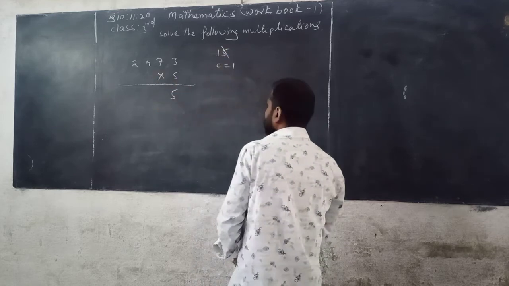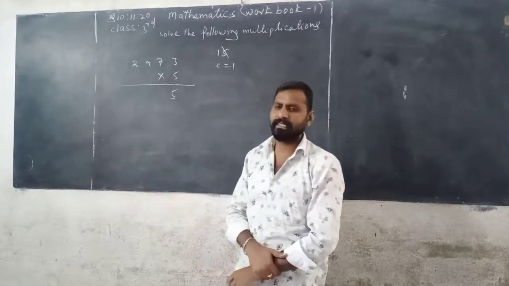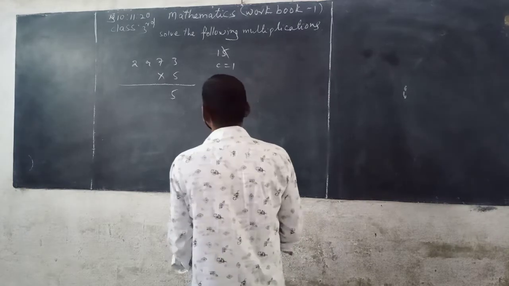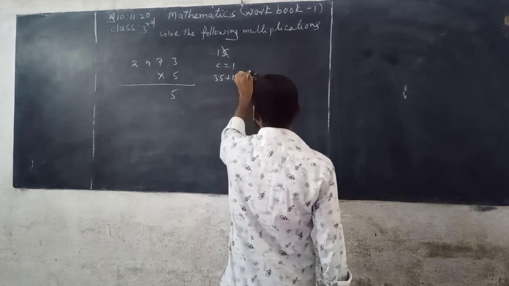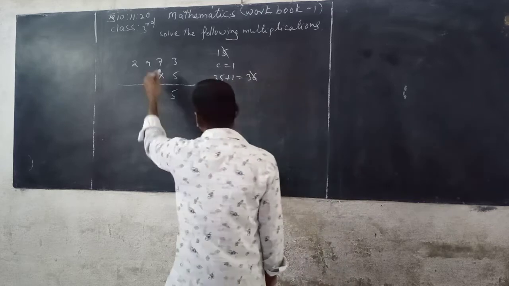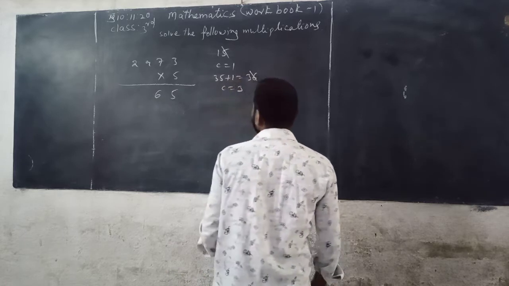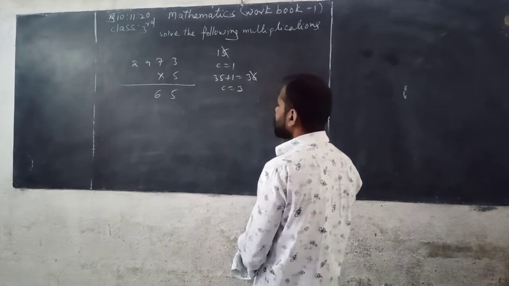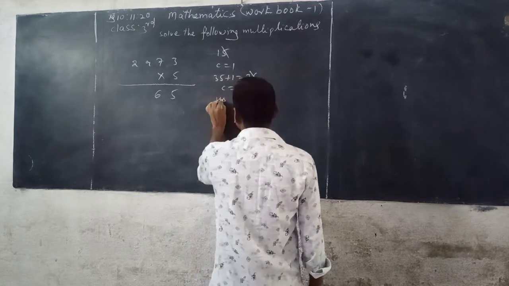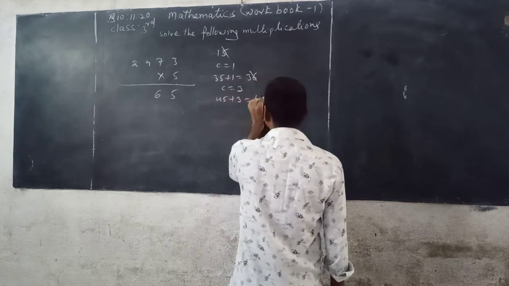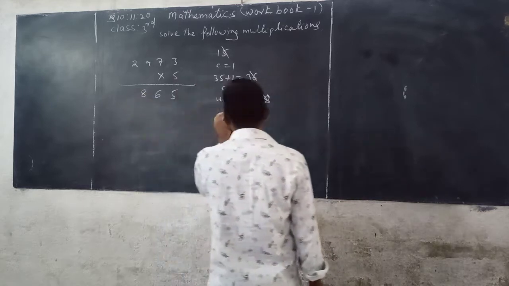Now next we multiply the digits in the tens place, next the hundreds place, next the thousands place respectively. So 5 7s are 35. 1 is added to 35. 35 plus 1, 36. So now 6 is taken and written down in the tens column of the product. Now carry 3. Next multiply the digits in the hundreds place, that is 9 with 5. 5 9s are 45, plus 3, you get 48. 8 is taken and written down in the hundreds column of the product, and carry 4 here.